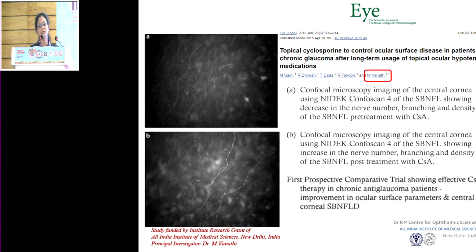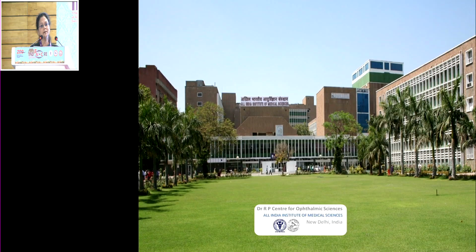When we looked at their ocular surface imaging, the corneal imaging by subepithelial nerve fiber layer plexus imaging, we found that there was a definite increase in the corneal subbasal nerve fiber layer when we compared before using cyclosporin and after using cyclosporin. So when the inflammatory component gets controlled, it affords better health of the ocular surface, better health of the nerves innervating the ocular surface, and that is a sort of targeting or helping in improving the pathogenesis of